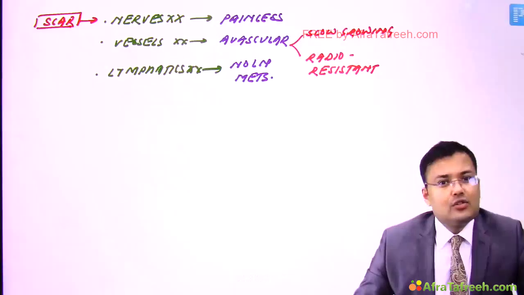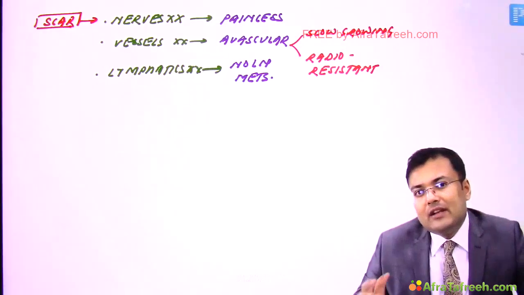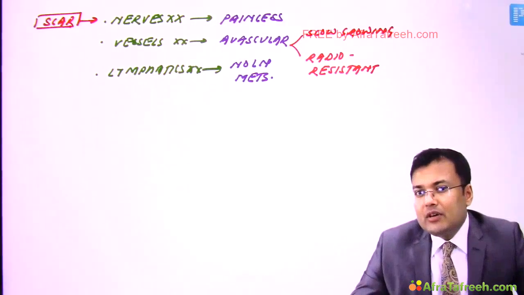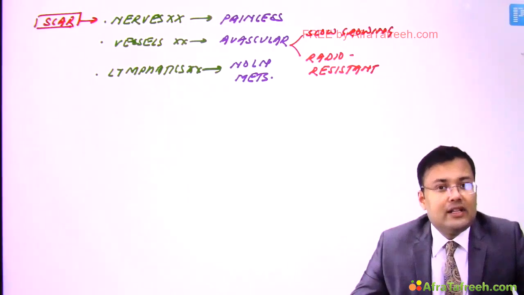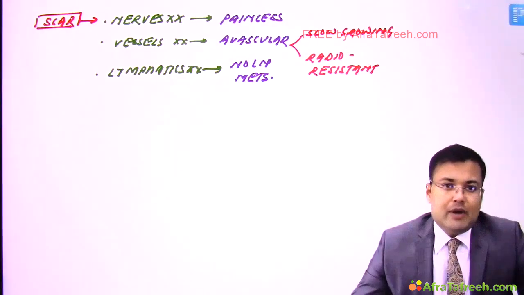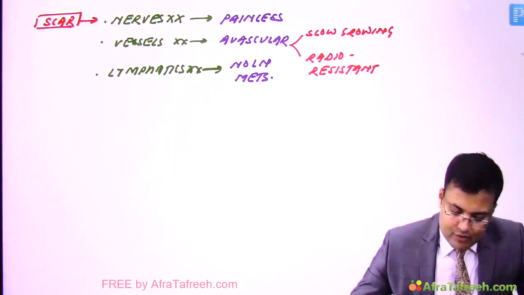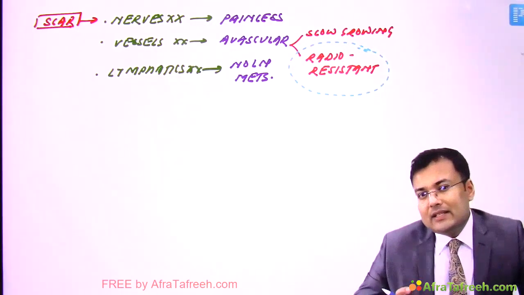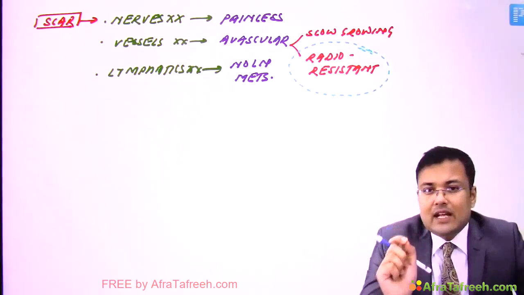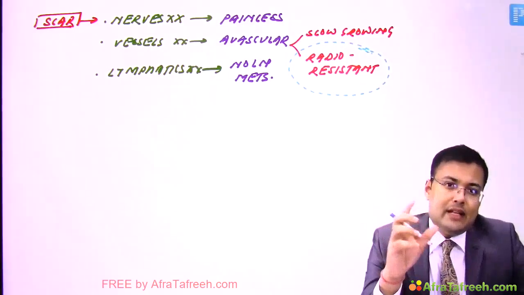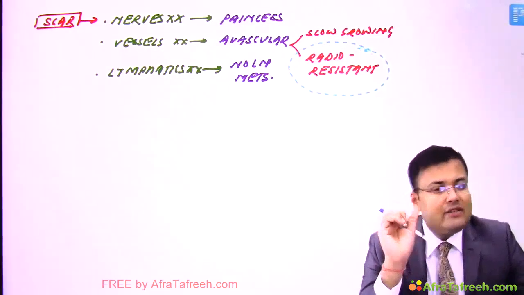Clear? So we have to go for wide local excision with flap cover. Second question, in this tumor or in this malignancy or in this marginal ulcer, do we have to give radiotherapy or not? So we should not give radiotherapy. Why? Because we discussed that what kind of tumor is this? It is radio resistant. And second, since the site is relatively avascular where flap is used, and if you will use radiotherapy in the flap also, there will be obliterative endarteritis.